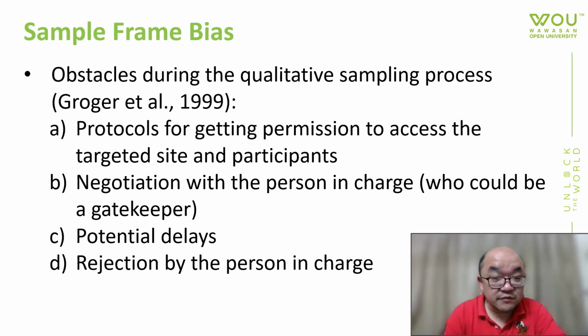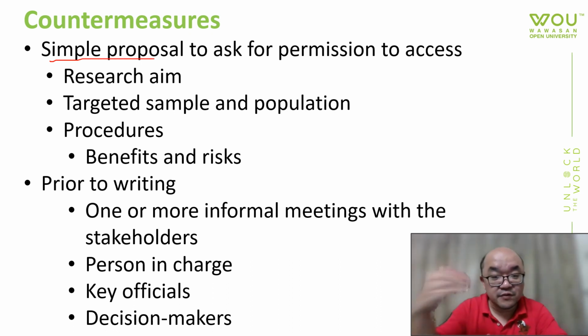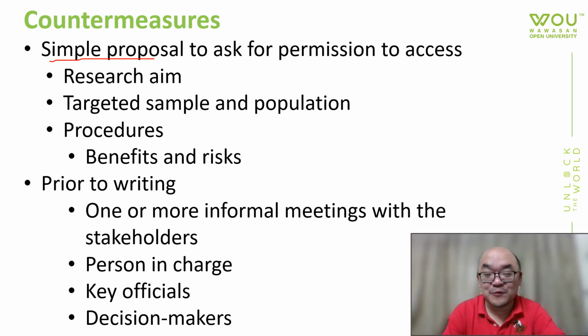So what are some of the countermeasures that you can use to minimize these two types of bias? Number one is, as a researcher, you want to prepare a simple proposal before you ask for permission to access. You would show the person in charge, in this case the gatekeeper, a written proposal that clearly states the things they are worried about. Like I said, the concerns they have just now, you want to address them clearly. You tell them the research aim clearly, who the target sample and population are,